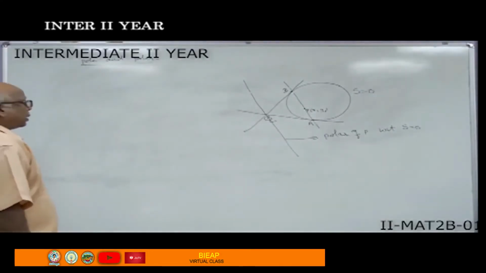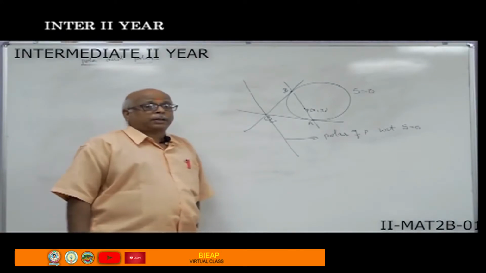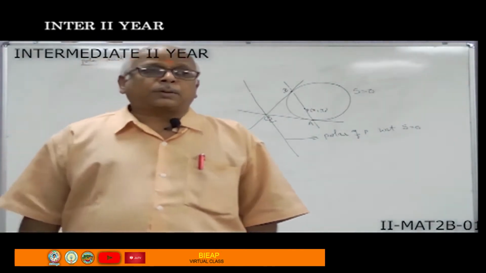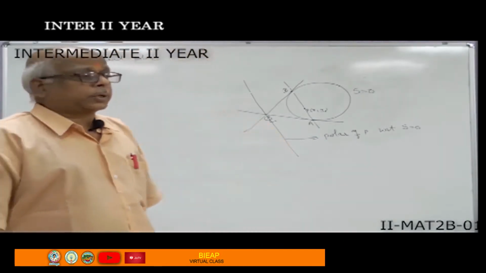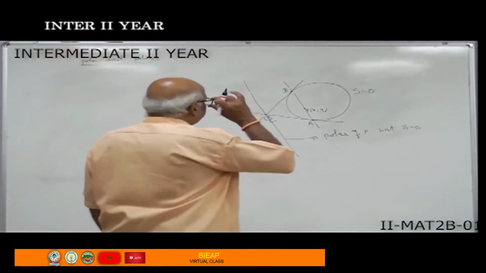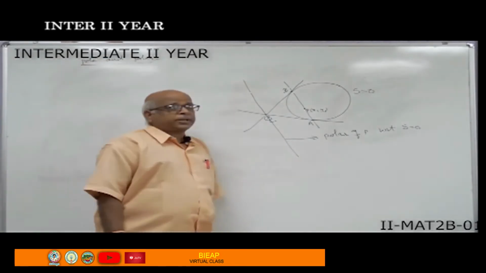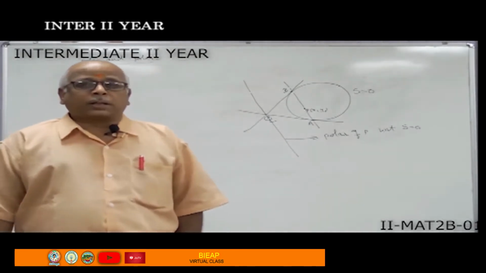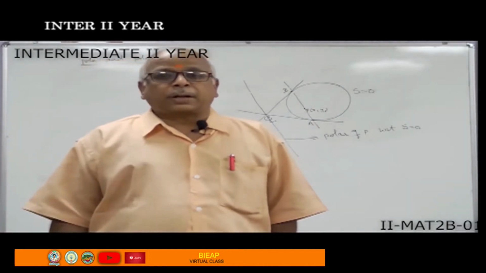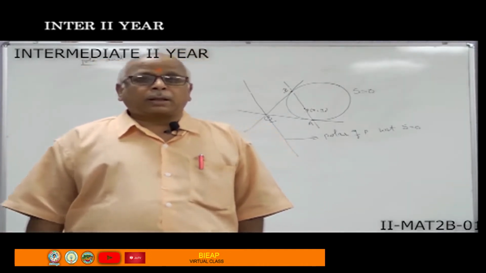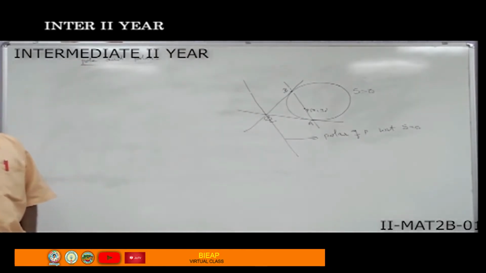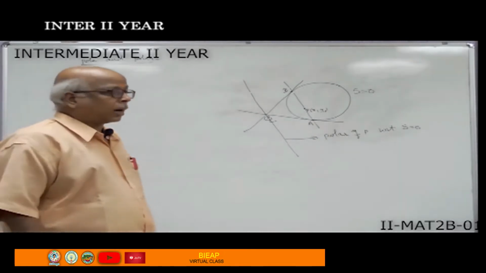Polar. For the given point, how to define pole, how to define polar, what are the variations, that we shall discuss. For that, the main definition of polar will be like this. That is, the locus of point of intersection of tangents drawn at the extremities of a chord passing through the given point is a straight line called a polar.